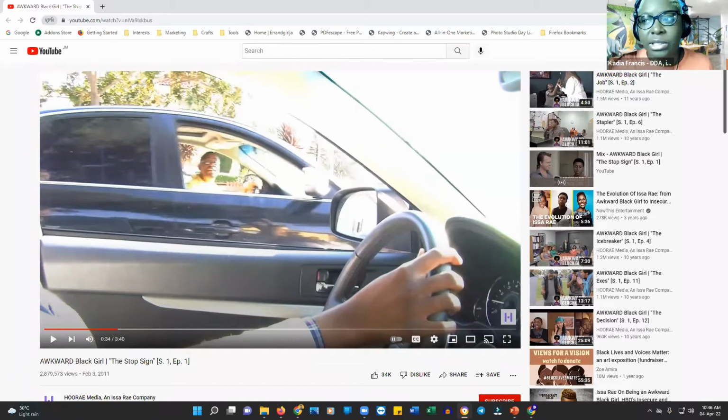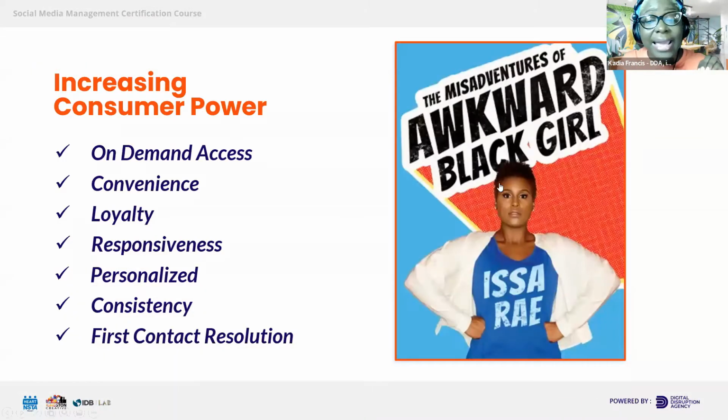And now, TV channels who were always looking for content were looking to the digital space to see who the big creators were and who they could bring into the fold to create series for them, in terms of series writers, etc. So timing was important. And later on, we're going to talk about visibility, relevance, timing, and access, and how these 4 things together can make for really successful digital marketing, a really successful growth in the digital space. All right. So this was Issa Rae. Another example of this